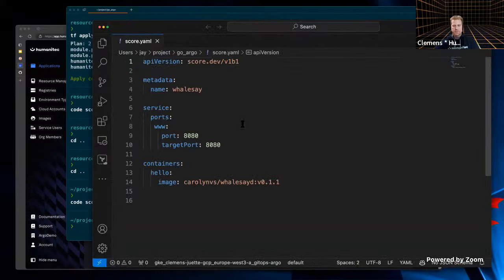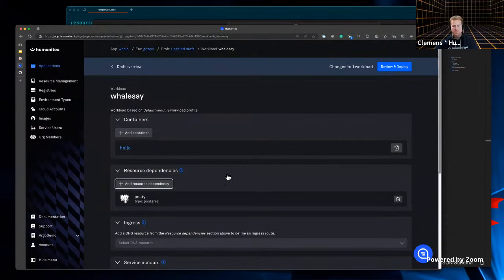If I go in here, I could also say resources, let's say hosty, type Postgres. And now I could take this file as input also, and trigger the process from there. But for you to follow along, it's easier to see that one here.